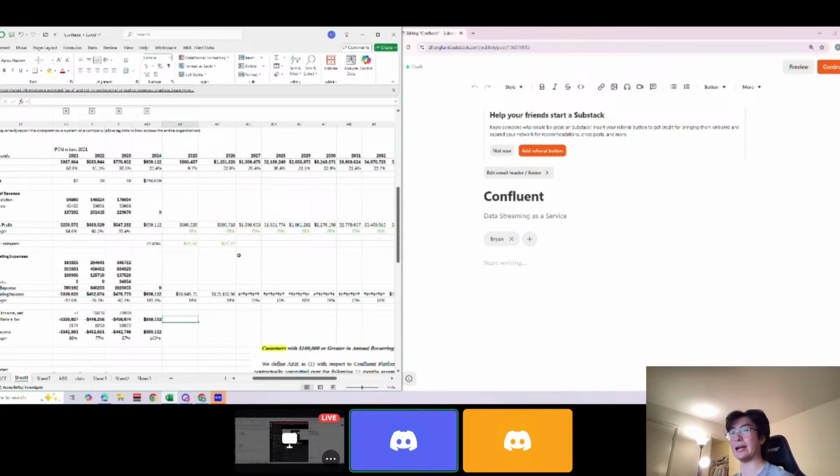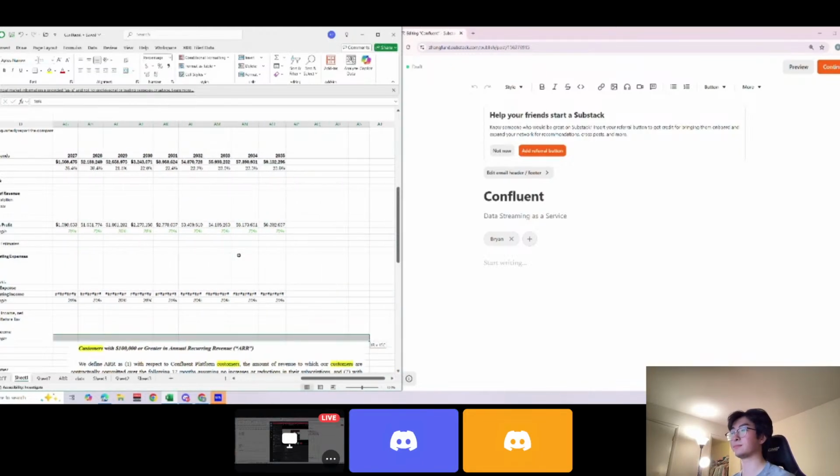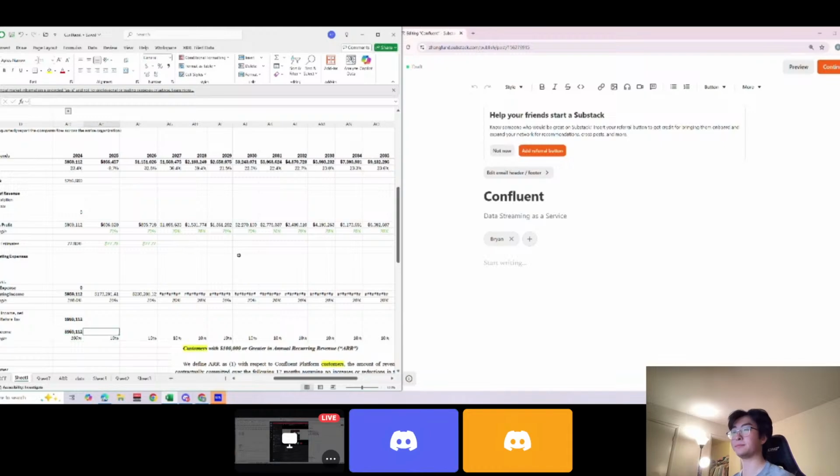Profit before tax. Okay, let's do 20 maybe. And then do 10% income margin. There we go. Okay. And then from here, so free cash flow, I guess we just define it usually as